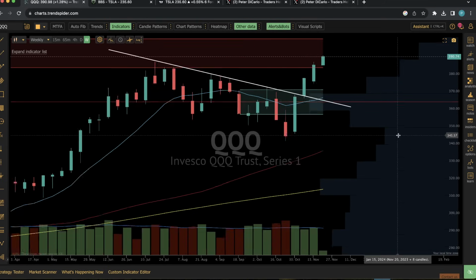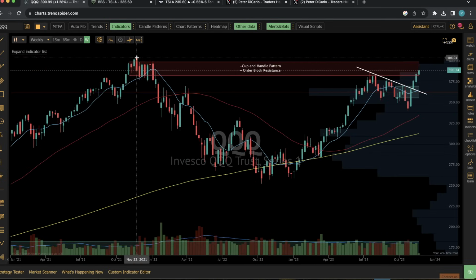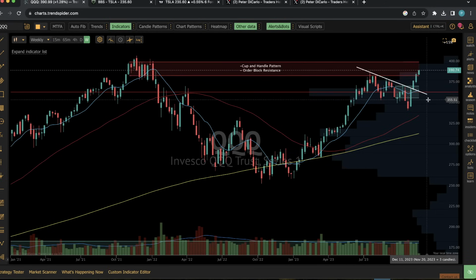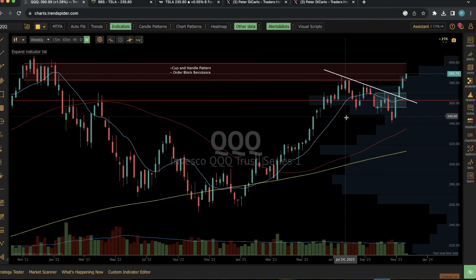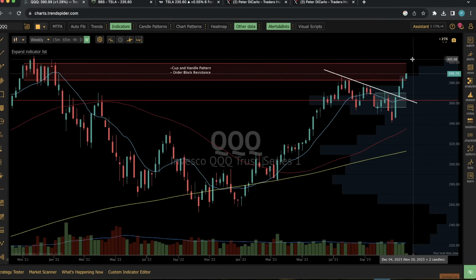If we look over at QQQs, this is the same exact situation, but actually this time with a massive cup and handle. The big cup forms here as we find the shallow bottom down here at 277, pushing back up. We see this big handle forming and then the breakout over resistance level. Once we see this type of movement here, a big bullish order block coming through, bouncing off of volume profile support, trending over the 11, trending over the 50, trending over the 200, pushing up into low volume areas. These are all signs, especially when put together, that we're going to break out and that we're going to see